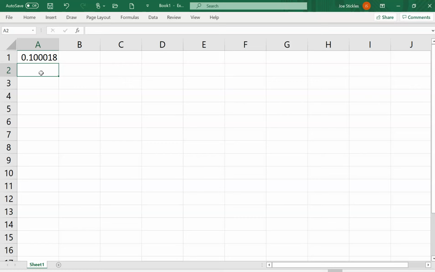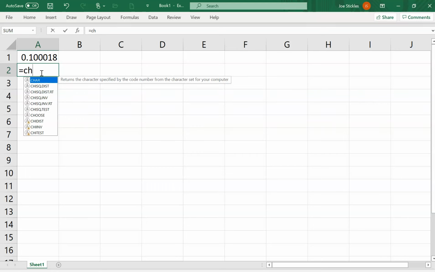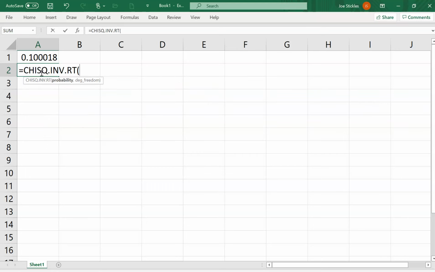Again, if you went the other way around, just to show you how the inverse one works, we plug in a probability with the degrees of freedom, and it'll give us the value. If you plug in a right tail probability of 0.1 with 4 degrees of freedom, it tells you 7.779, essentially. The important part for this problem was that we're going to use 0.1 for the probability.